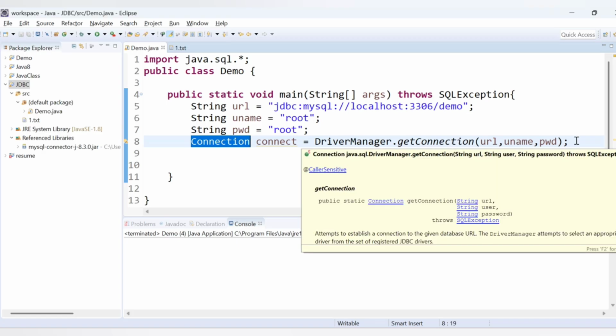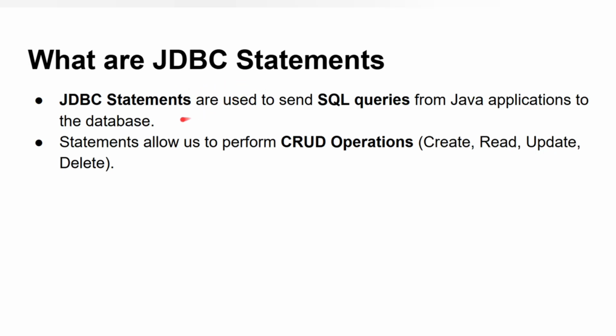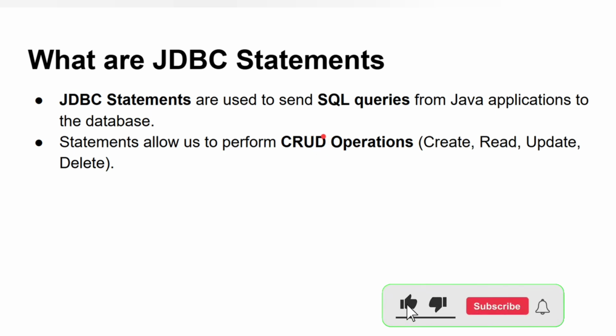So what we need to do now is create the statement. So what are JDBC statements? JDBC statements are used to send SQL queries from a Java application to the database, so the database can understand those queries and execute them. The statements allow us to perform the CRUD operations. So what are the CRUD operations? C for create, R for read, U for update, D for delete. So basically you can perform all four operations by creating the SQL queries in Java code and then sending them